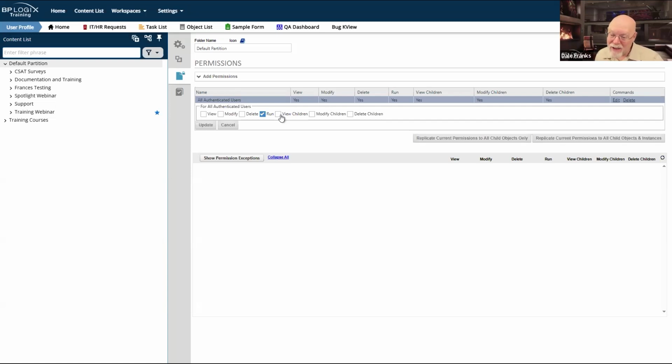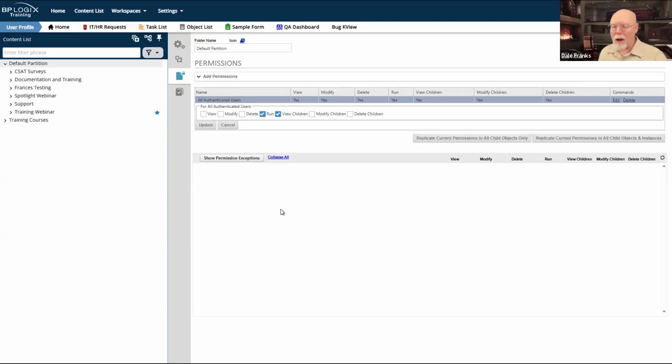So if I'm ever going to show a knowledge view to any user, I'm actually going to need view children permissions as well. So I still won't be able to look at the, let's say it's a form. I still won't be able to look at the form definition or modify it or edit it. But I will be able to look at form instances, and I do need to have that view children turned on, because if I'm going to run a knowledge view, I'm going to show those form instances. The end user needs to be able to look at them. They need to be able to open them up and use them.